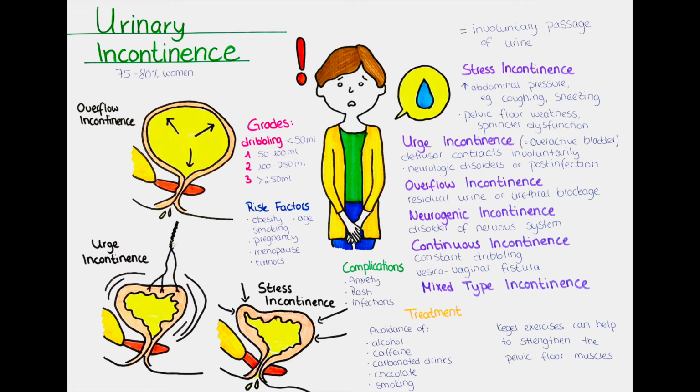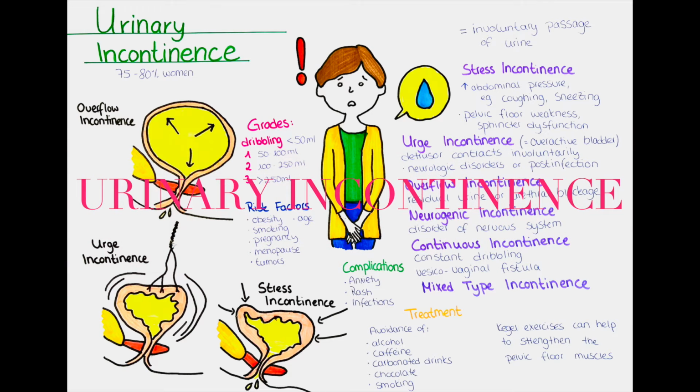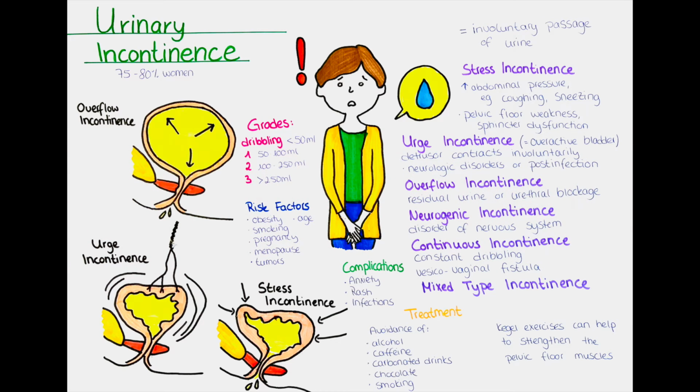My name is Victoria, and in this video we will talk about urinary incontinence in general and also specifically in women. Incontinence is the involuntary passage of either feces or urine, and in this video we will focus on incontinence related to urine. The opposite of incontinence is continence, and this describes the physiological aspect of only passing urine voluntarily and having full bladder control.